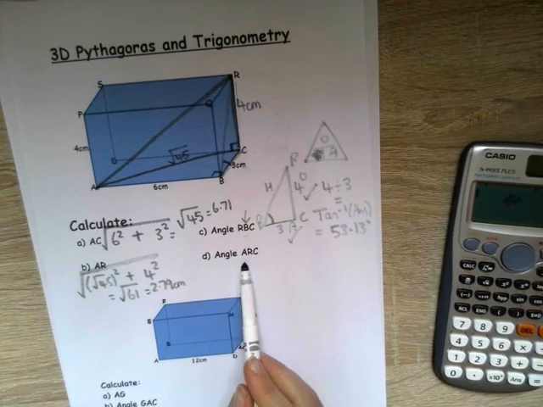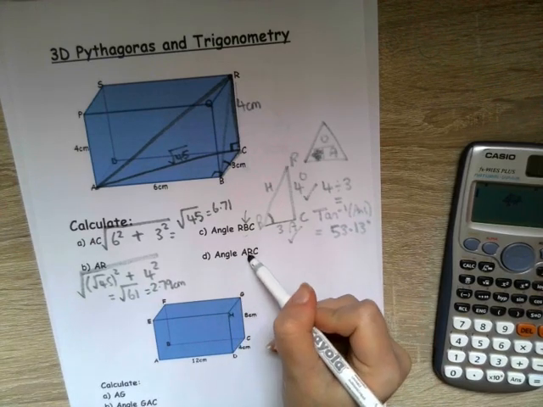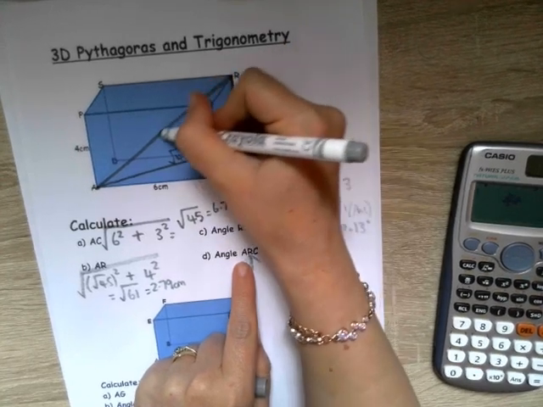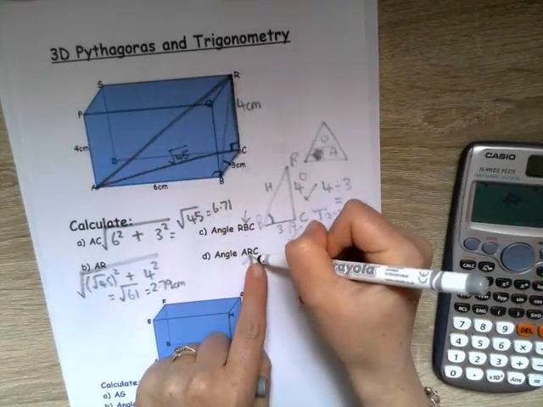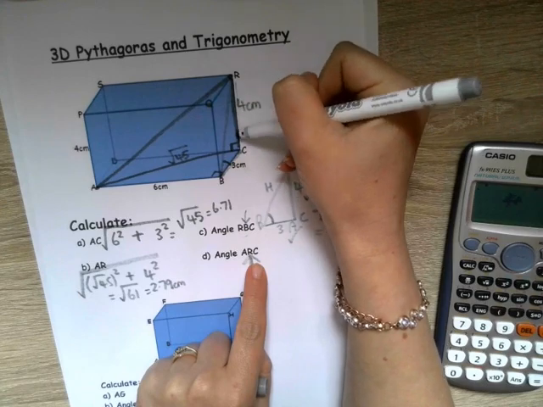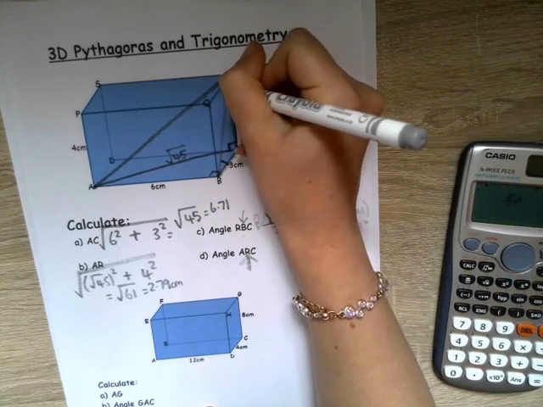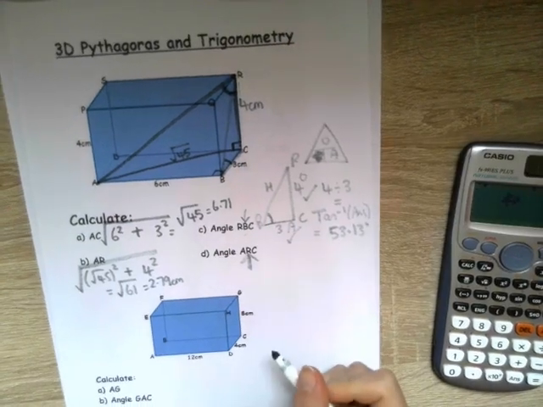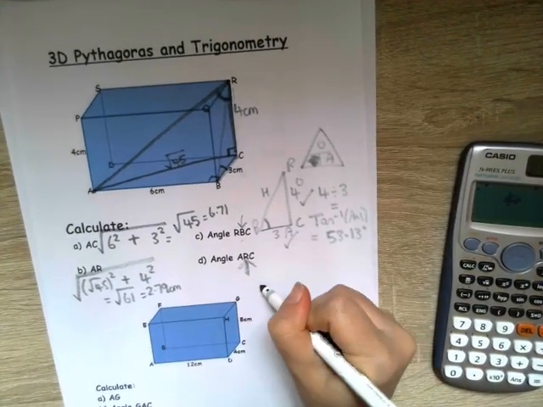The final one, ARC, so again, if we look at the middle letter R, which is here, if we join R to A, that would be this line, and R to C would be this line. So therefore we're trying to work out this angle here at the top. So if we draw this out,